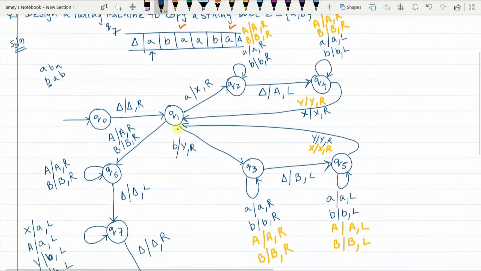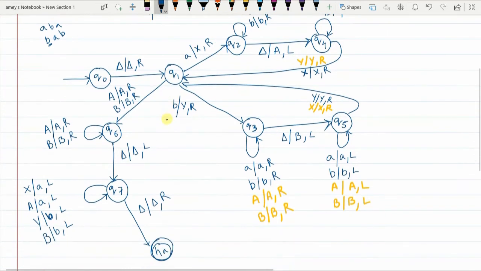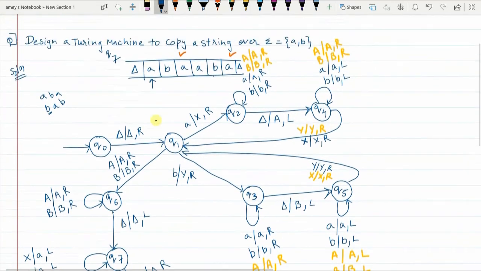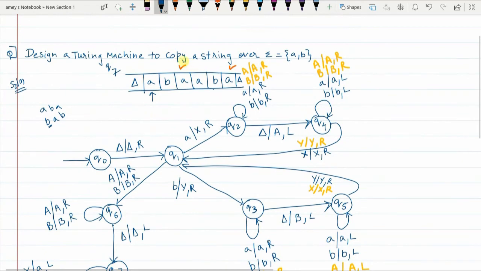So that next time when the user is going to read the string, this extra transition of replacing delta with itself and moving to the right will not be required, and the user can directly start reading from A onwards. So what you have in front of you is the Turing machine that does copying of a string.